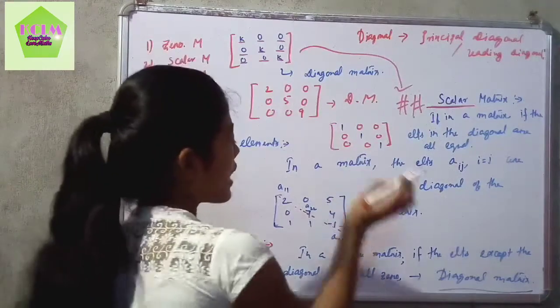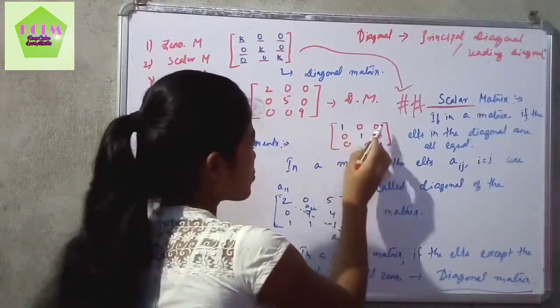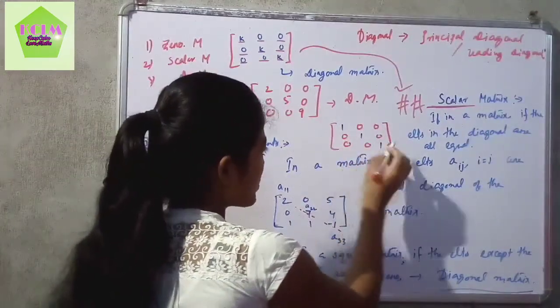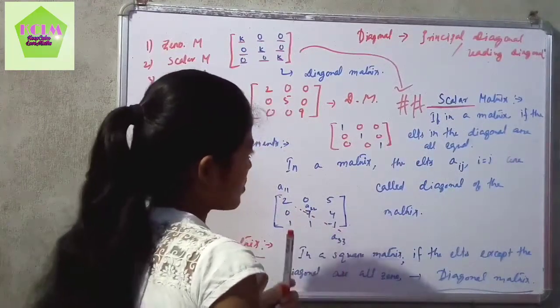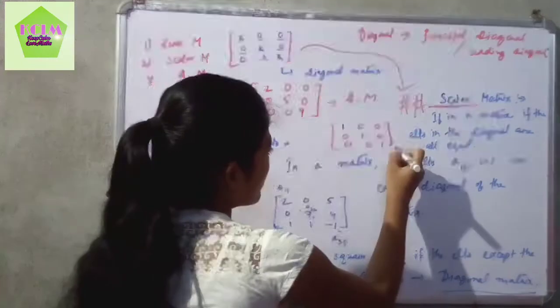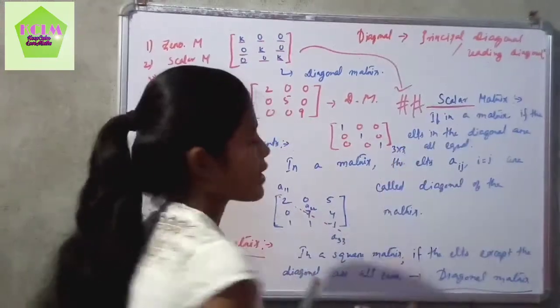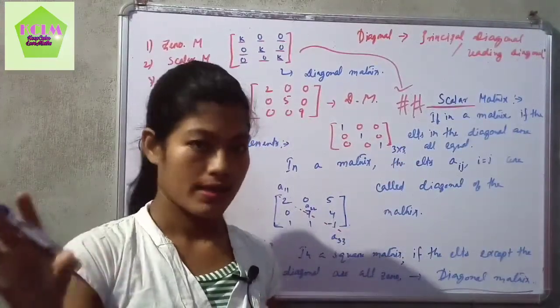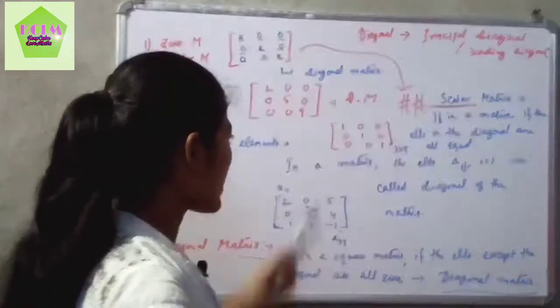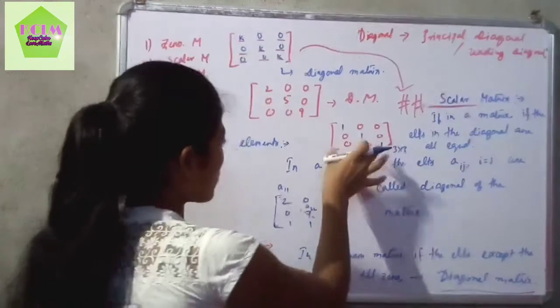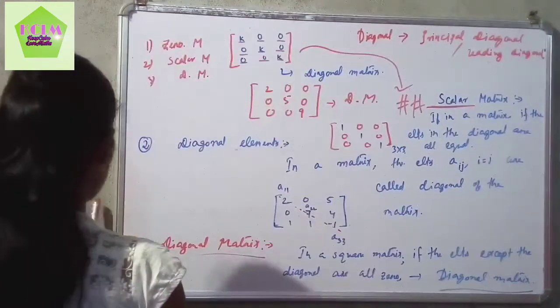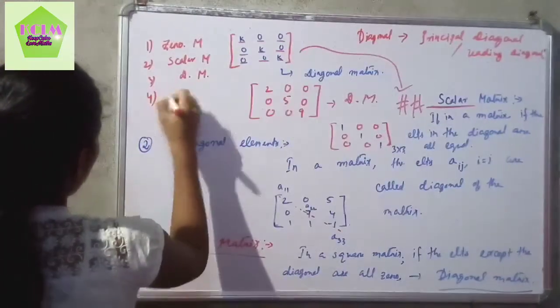So identity matrix is 1 0 0, 0 1 0, 0 0 1. So this is of order 3 by 3, but we can have 2 by 2, 4 by 4, and n by n also. So I am taking the example of order 3 by 3 only. So this matrix is called identity matrix. So number 4 is identity matrix,